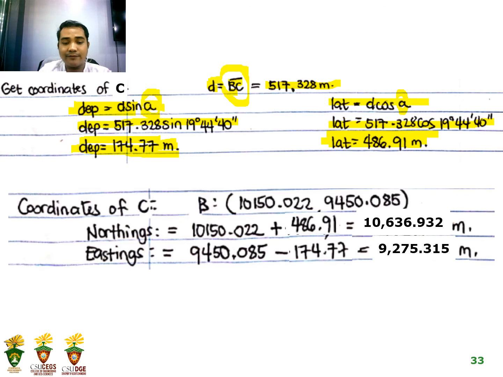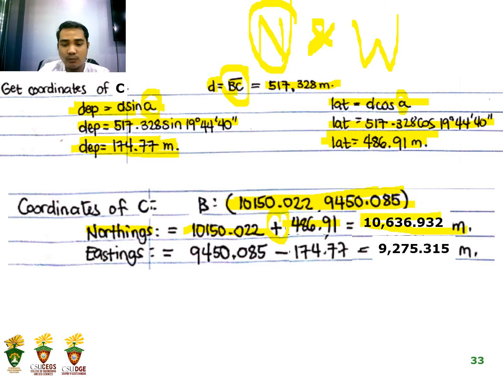And to get the coordinates for C, from the coordinates given B, which is 10,150.022 and 9,450.085. And for northings, just add the northings of B, which is 10,150.022. I-add na to ang 486.91 since kaya nga to ang bearing is naka north and west. So naka northwest man siya, so si north mo na siyang positive ni siya kani, positive. So positive 486.91, we will have a value of